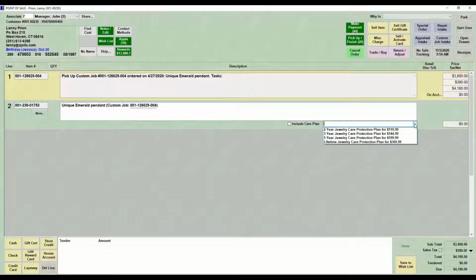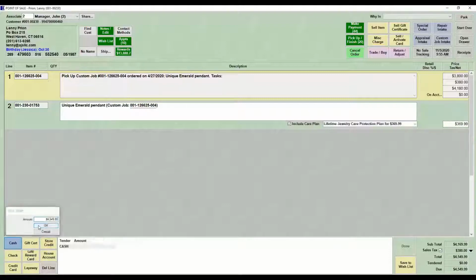And now the care plan will be based on $4,500 instead of $3,800. Just like all other care plans, you would choose the care plan you'd like. It will check the box, add the price. Depending on your system options, it will either tax or not tax that care plan. When they pay for it,